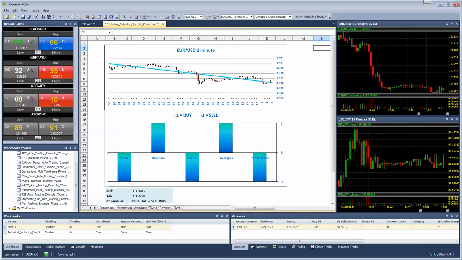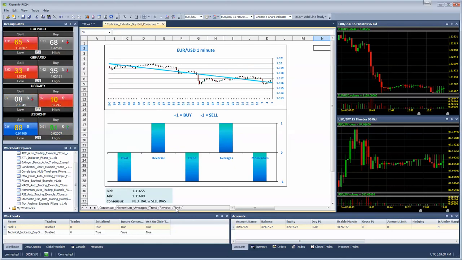And so those are all examples of indicators that are built in longhand in a worksheet, and most of them were obtained by just searching the web and finding indicators that were implemented within Excel that are available freely in the public domain. You can copy the formulas and paste them directly into an FX1 spreadsheet, or you could even open those Excel files right here within FX1